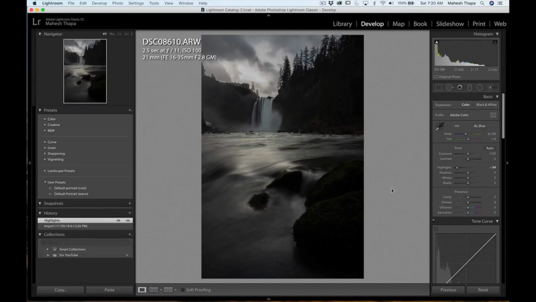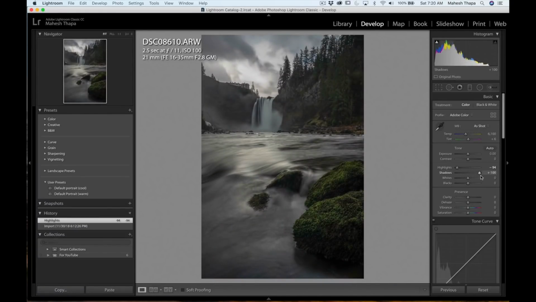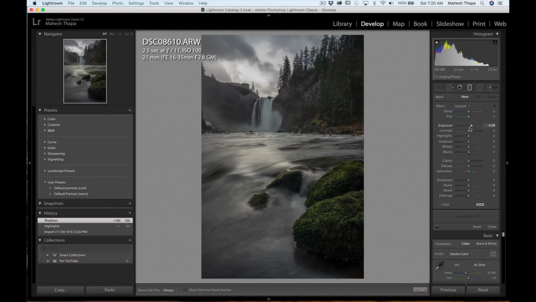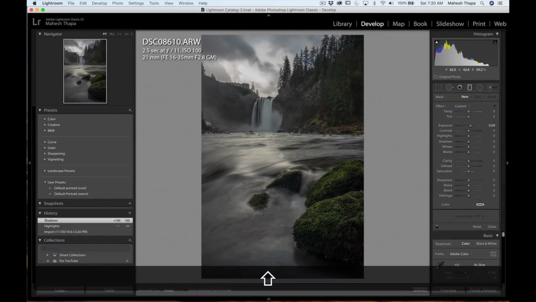Okay, and I'm going to try to bring out some shadow detail, and that's looking pretty good. It's a little flat, but at least I'm getting some of the color out here in the rocks and the moss, some of the trees over here. I'm going to refine this a little bit more by increasing the exposure just a little bit more just in the bottom half by using the gradient tool here, and I'm going to reset everything by double clicking the effects so nothing is selected, and then maybe increase the exposure about 0.69, 0.68. I'm just going to put a gradual gradient here,